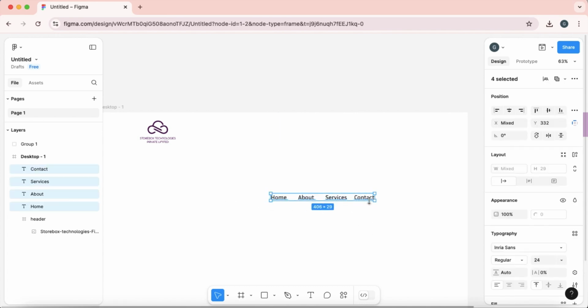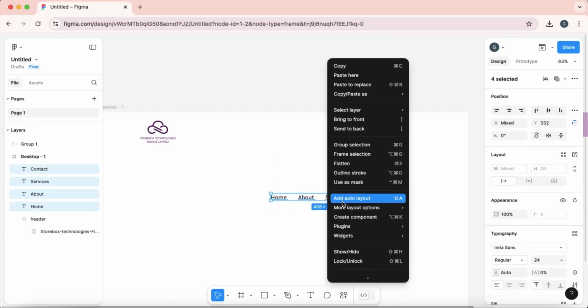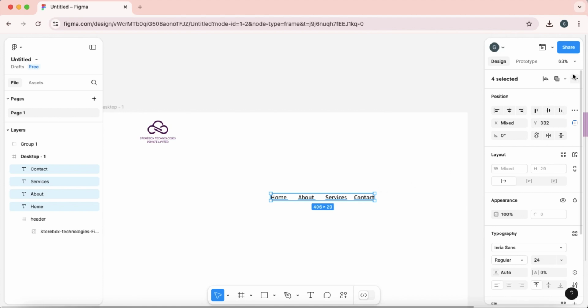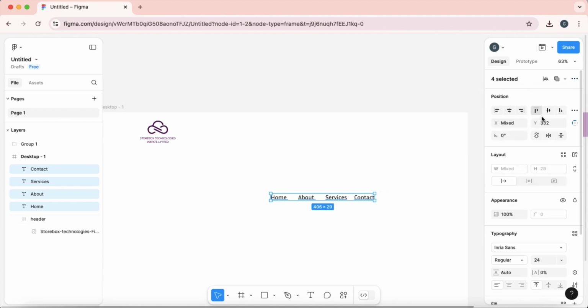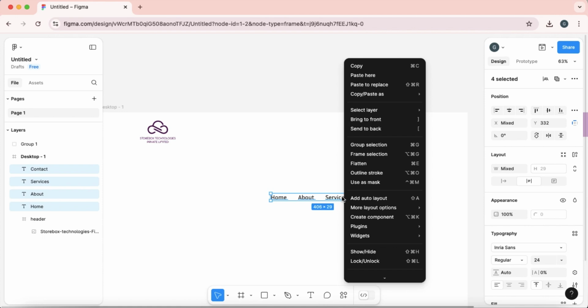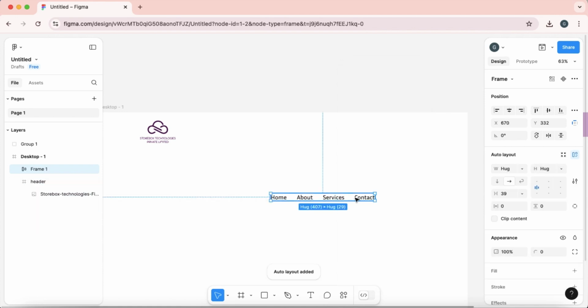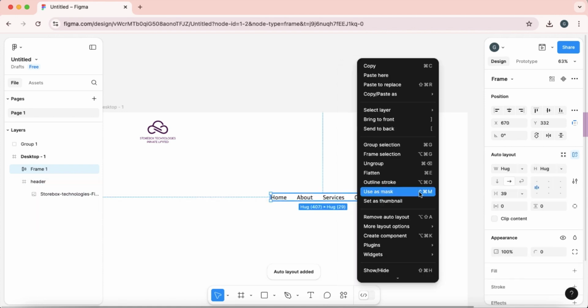Now I'll select all of them and I'll make an auto layout. I'm checking whether there is any other thing which we are missing, but now we are good to go. Just add an auto layout, and these are all in one frame,